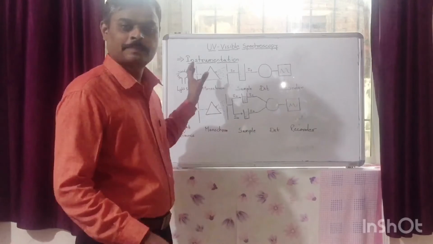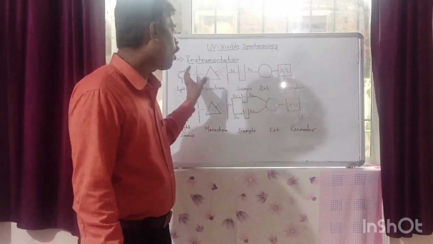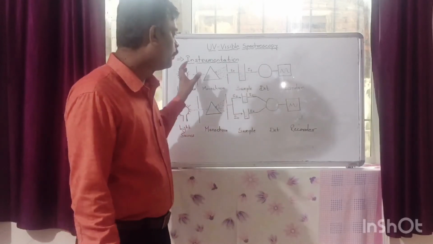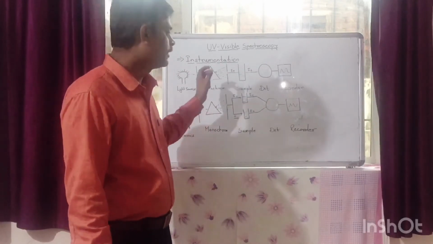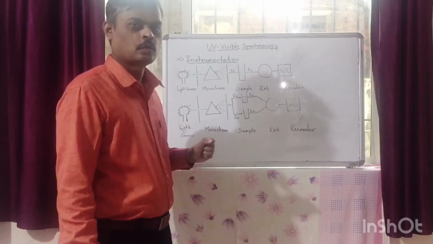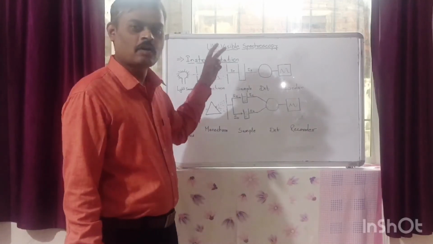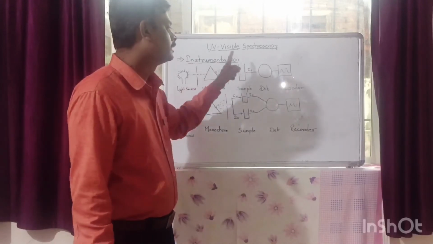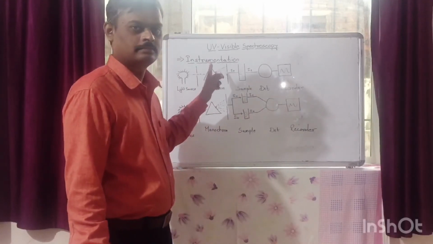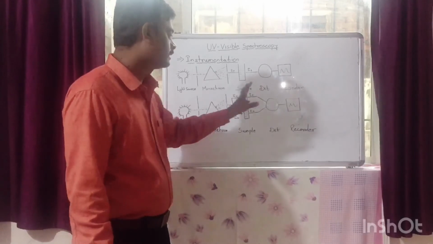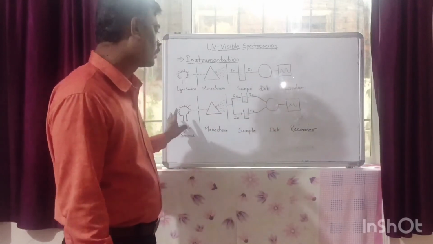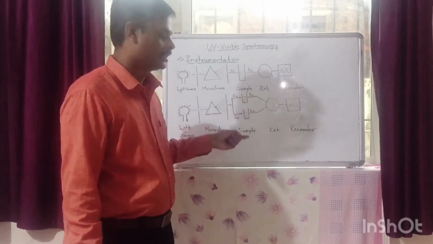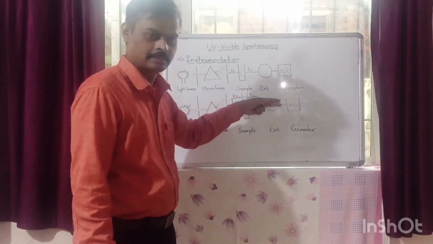this UV visible spectrophotometer contains so many optical parts, and these optical parts are very delicate and very sensitive. So if correction is not done simultaneously, there are chances of some correction errors. Whereas in a double beam UV visible spectrophotometer, the correction of blank and sample is done simultaneously.